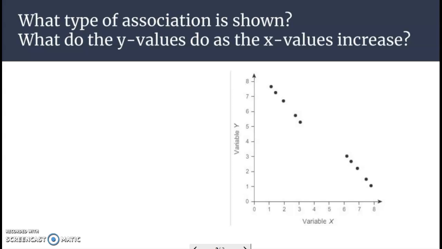A couple questions about this one. Notice we have another scatter plot, but they almost line up to make a perfect line. So the fact that they make almost a perfect line, we're going to not only say whether it's positive or negative, but we're going to say this scatter plot has a linear association. Association or correlation kind of means the same thing. Linear association, linear correlation. And again, notice how it's going in a downward direction. So therefore, linear, but also a positive or negative correlation,